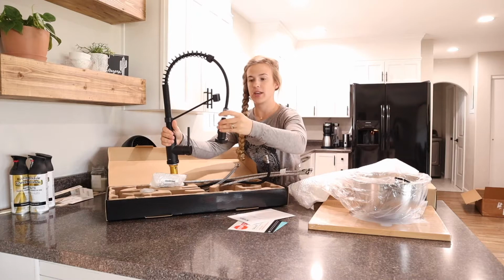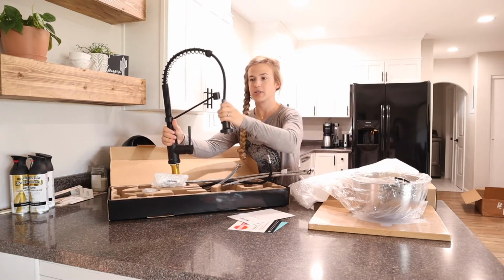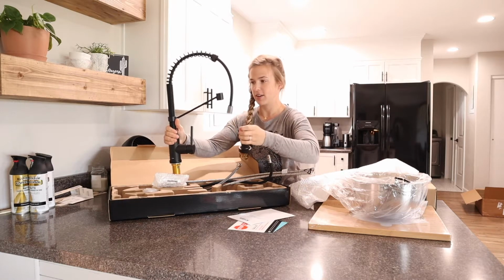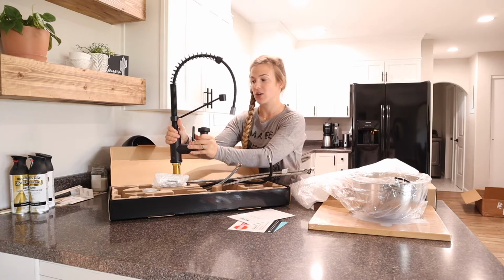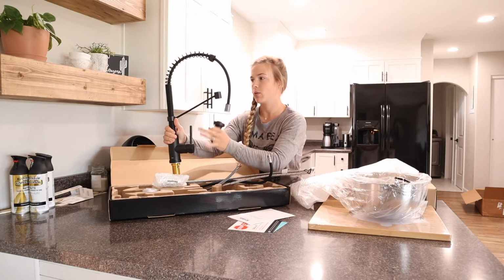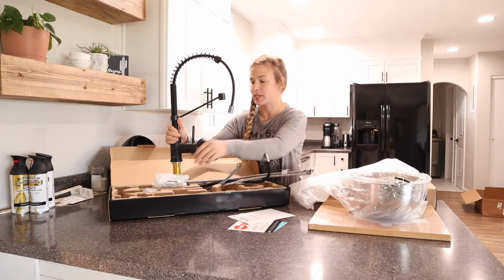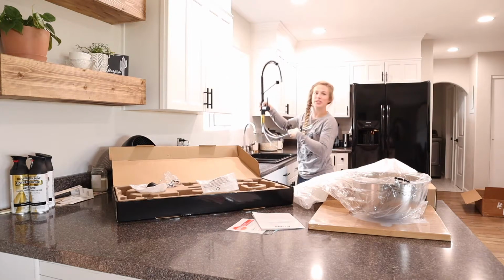This would be the nozzle end that would connect right here, so you can pull it out to hose out your sink, and then it will clip right back in here. It's just a beautiful dream faucet. I cannot wait to get this thing installed in the kitchen, and it is amazing quality. You can tell just how high quality it is just by handling the different pieces. I'm just holding it here above my sink so that I can dream about one day when it's going to